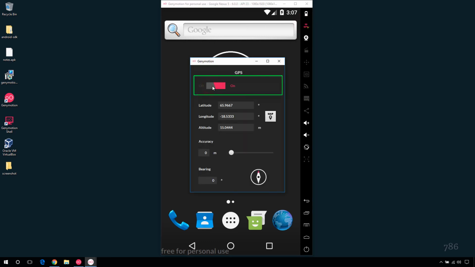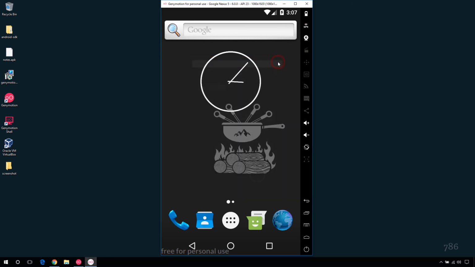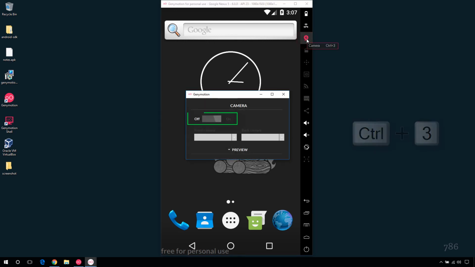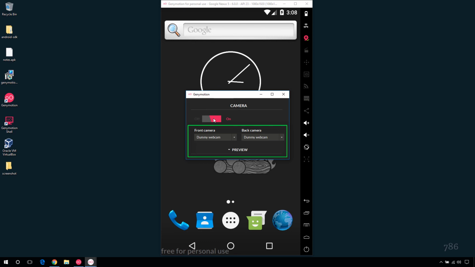Enable or disable GPS simulation mode by clicking this. Use this to test geolocation functionality if your app supports it. Click this to activate the camera. Very helpful widget to build app that uses camera. You can set front and back camera for the device by selecting one of the options here. This will be the input for front camera that you can capture and use it. You can use a computer webcam or select a dummy cam.